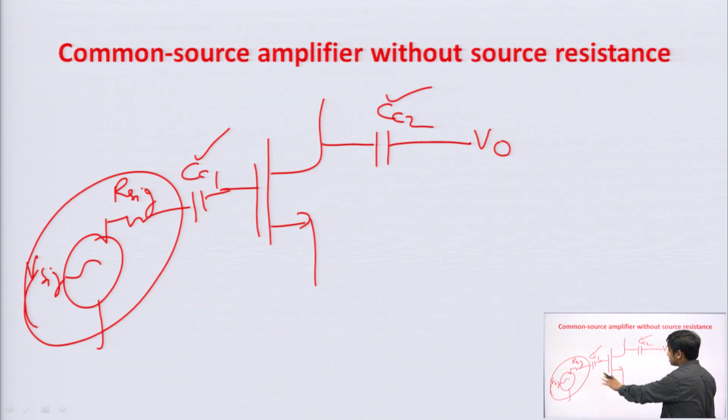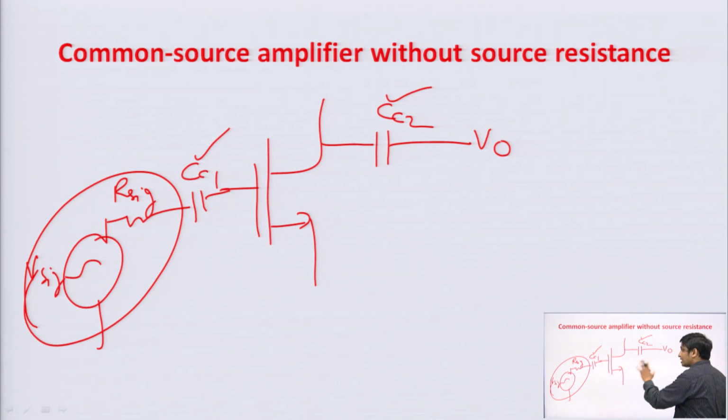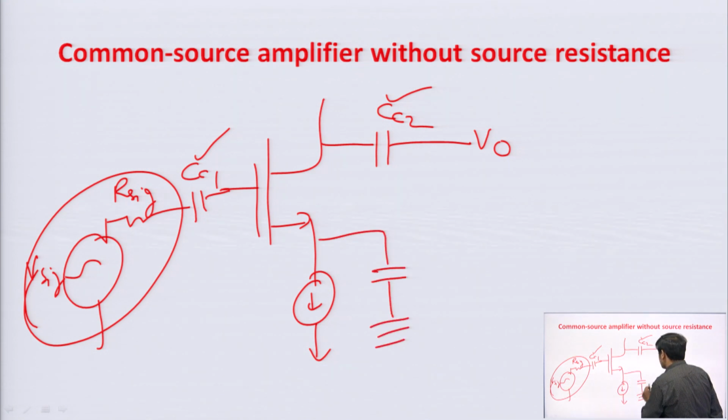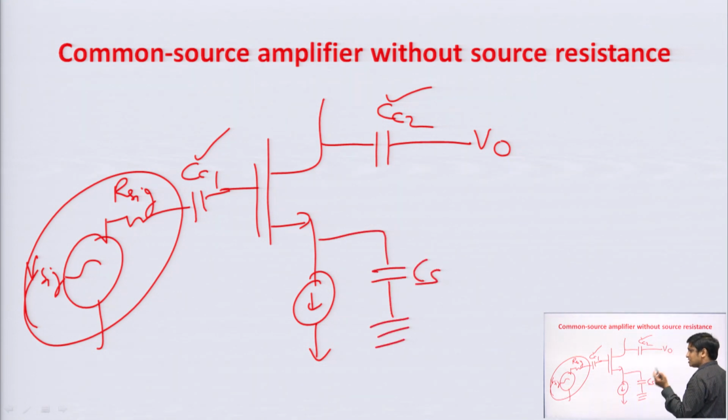In discrete circuits we use CC1 and CC2, not in IC designing, because the values of CC1 and CC2 lie in microfarads and it is in fact impossible to fabricate such a high value of capacitor in IC. So, these coupling capacitors are normally used in discrete circuits, and for biasing you can use current source biasing, and we connect a bypass capacitor here, that is CS. In BJT it is CE.